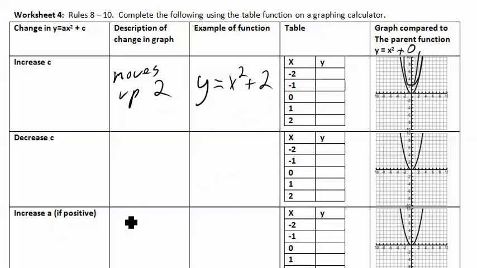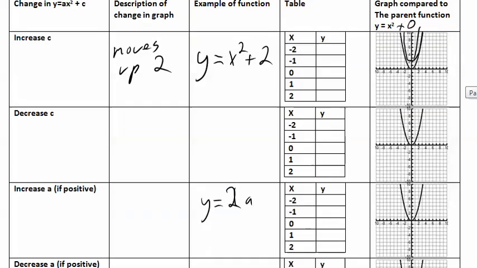Increase in a if it's positive, because remember if a is negative, it's facing downward, and the slope is actually going to change. The a is going to be different depending on whether it's positive or negative. So an increase in a would be, instead of 1a, it would be 2a or 3a. A decrease in a